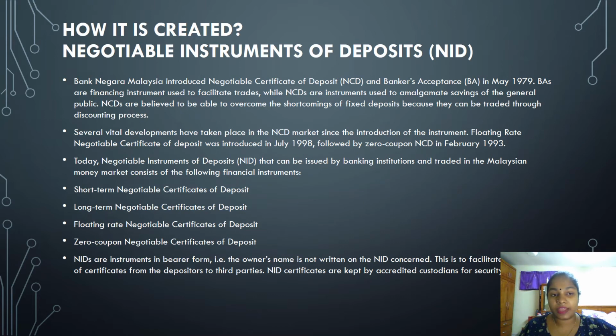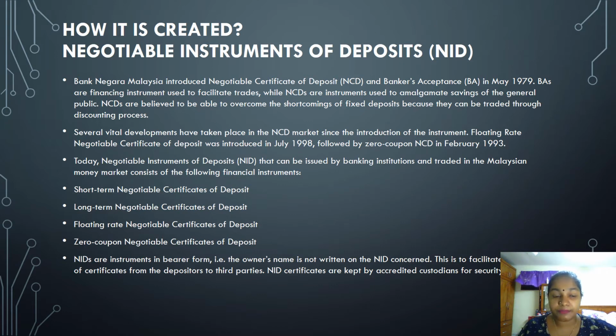How is it created? Negotiable instruments of deposit. Bank Negara Malaysia introduced the negotiable certificate of deposit and the banker's acceptance in May 1979. Bankers' acceptances are financing instruments used to facilitate trades, while negotiable certificates of deposit are instruments used to amalgamate savings